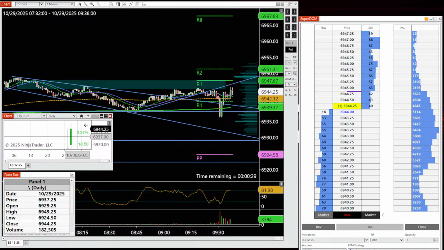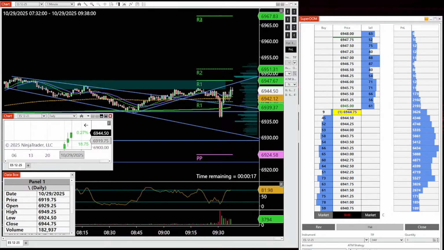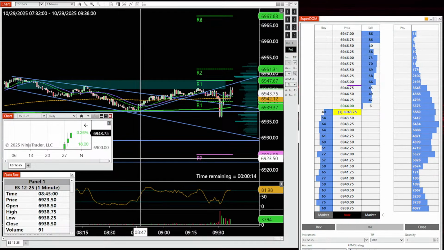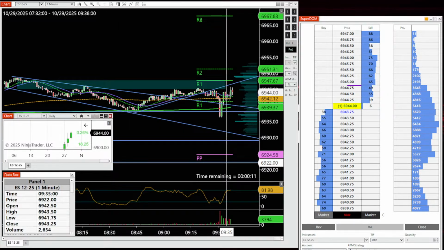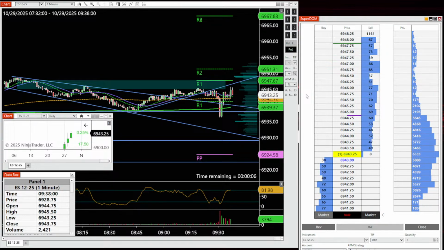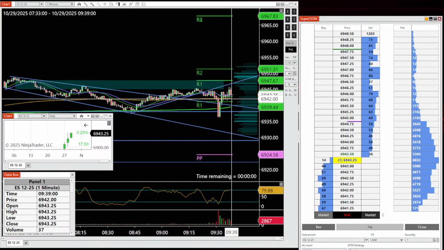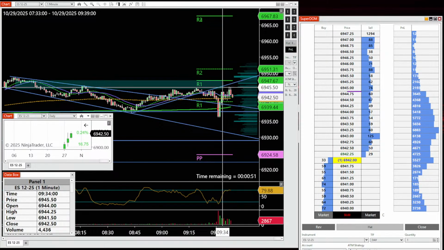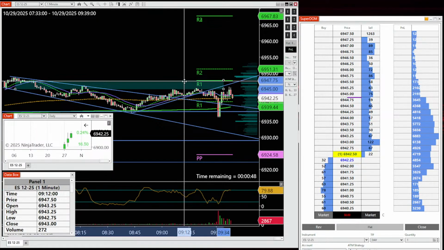And then the high is 49.25. I'm going to see a break of 50. I really do. Before I go long, I want to see a break of 50. It could go and break the 50, but it's no trade. We keep getting up into this area here and selling off.